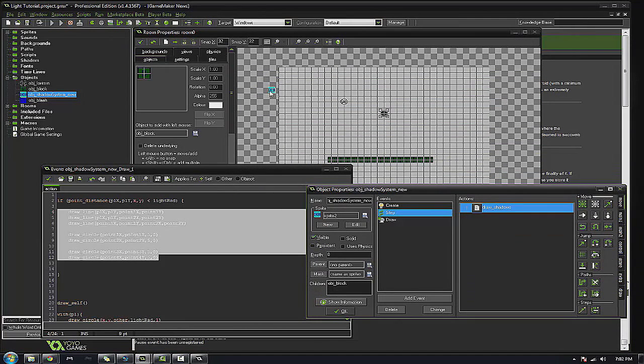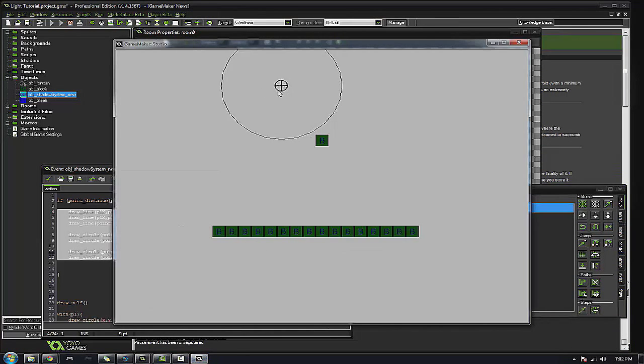If you're looking right here, there's that object right there. Okay, so as you can see, you get 4 points. Now, how do you make this into a shadow? Well,